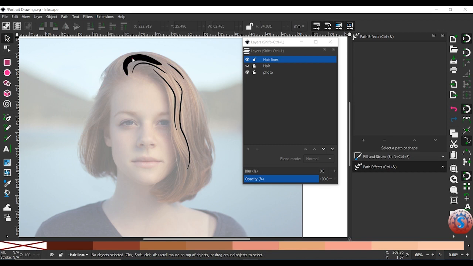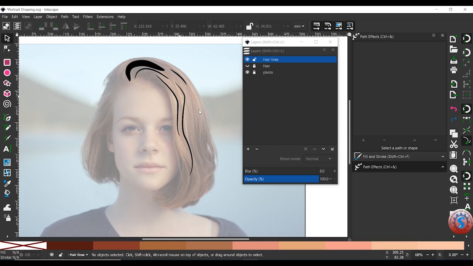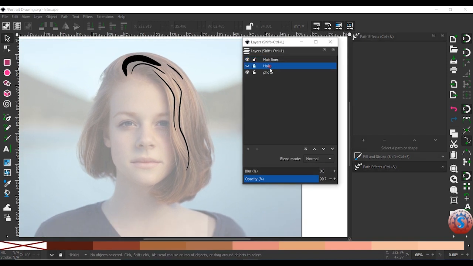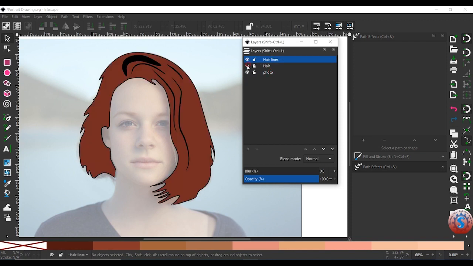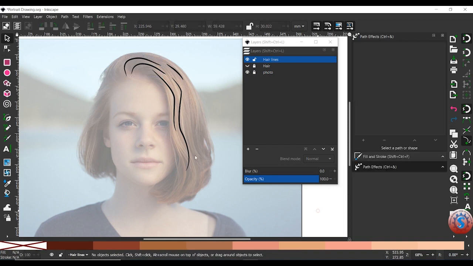I will show all the parts in this Inkscape. You can observe the different types of lines here. I'm using the curve by selecting the object. If it is not selected, go into select object and click on the object and give the path strokes like this. And then if the path effect is not created, simply create the line and go into the path effects tool and create the path along path.